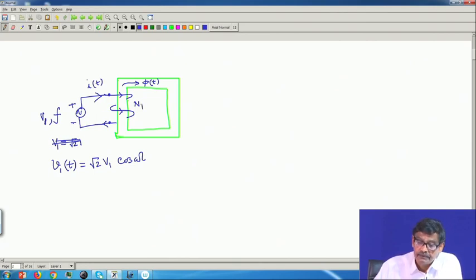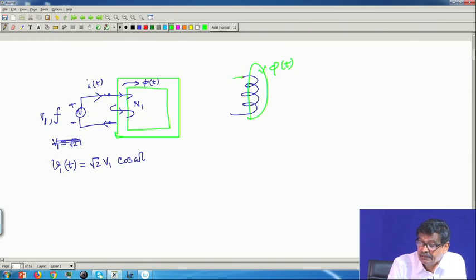Then according to Faraday, if there is a time varying flux in the coil, this coil itself becomes a seat of EMF, the instantaneous value of which is minus N 1